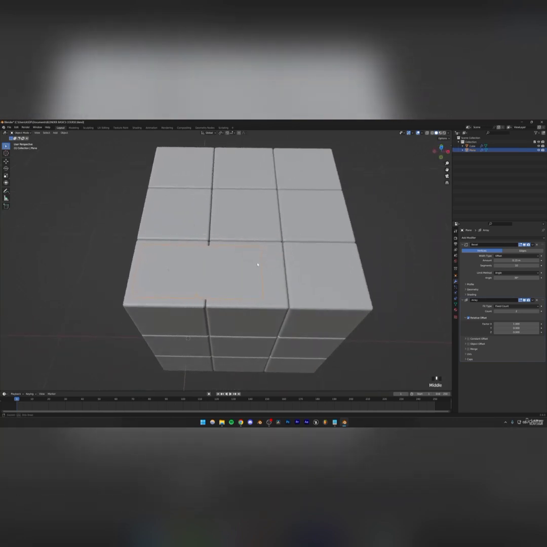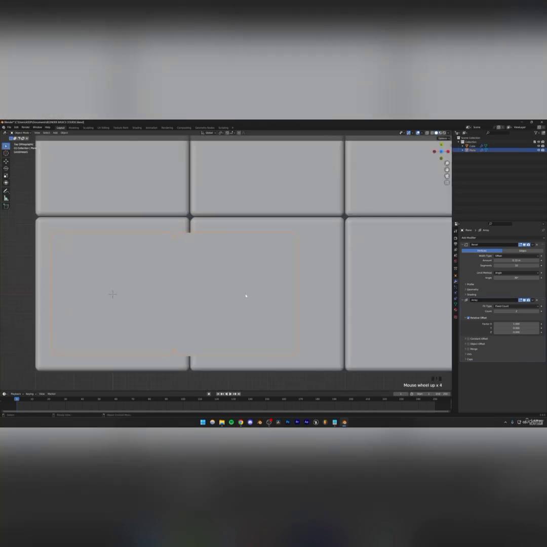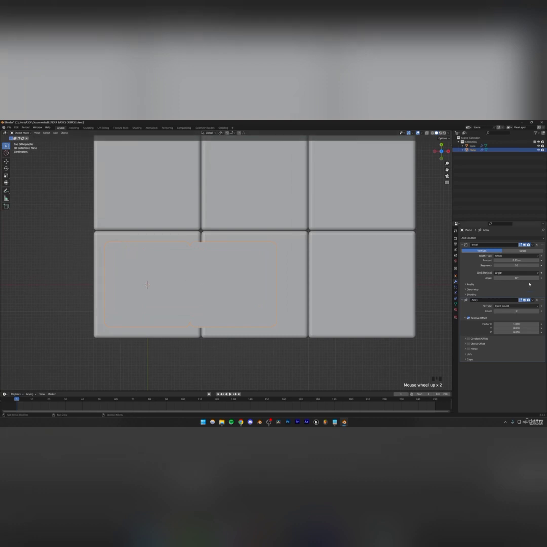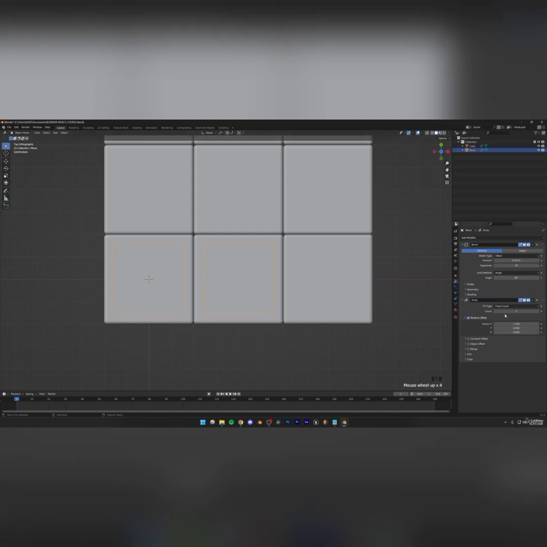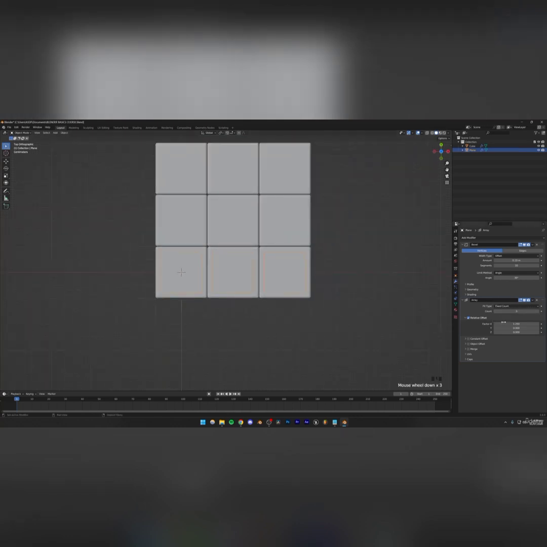And this time the offset is going to be not 1. It is going to be more than 1. So let's just increase it until it looks good. Maybe 1.25, I think. Yeah, I think 1.25 seems to be perfect. So I'm going to be increasing the count to 3, and after that I'm going to be adding another array